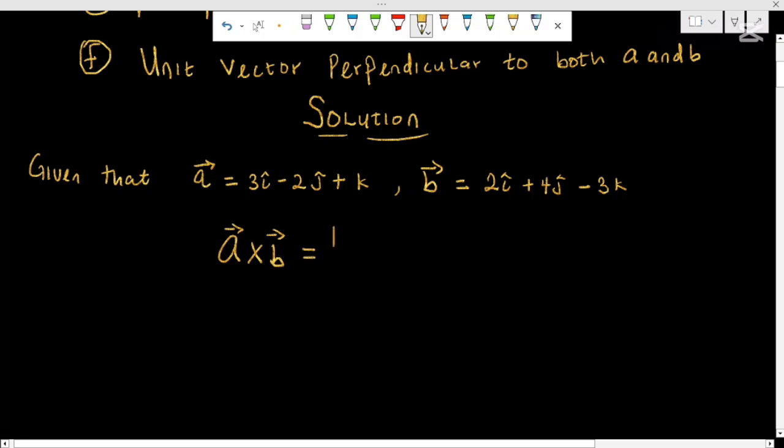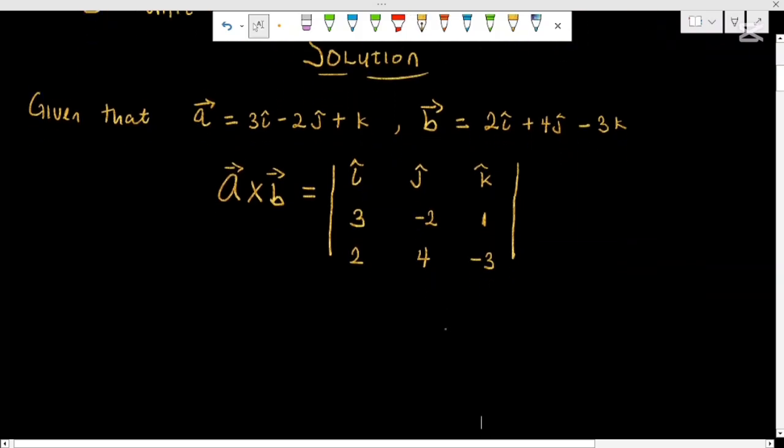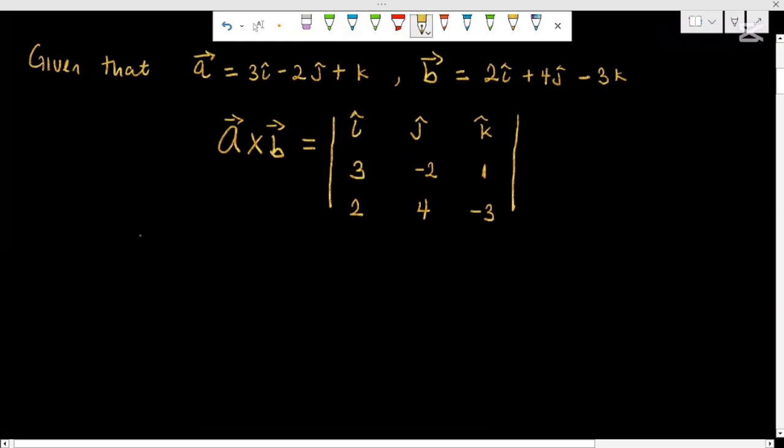We can represent this in form of matrices. We have i, j, and k. The components for A are 3, minus 2, and 1. For B, we have 2, 4, and minus 3. Very good. Now, having this, we can say A cross B is equal to